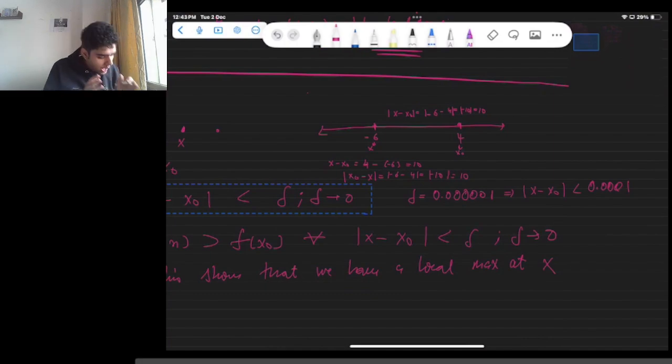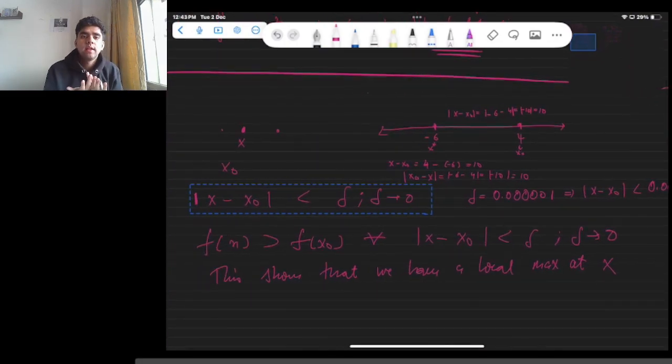Now what this means is x and x naught are two points which are very close, so they are local, and f(x) is always greater than f(x naught). So there are two points x and x naught, and the value that f(x) gives is always greater than f(x naught), and the two points are very close. What this means is this shows that we have a local max at the point x,